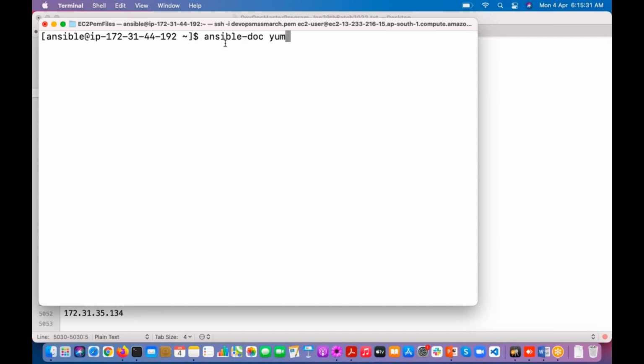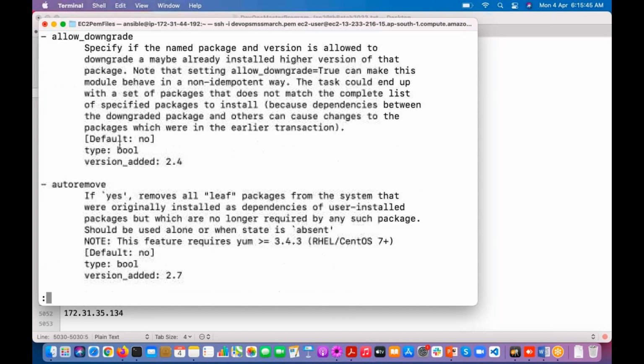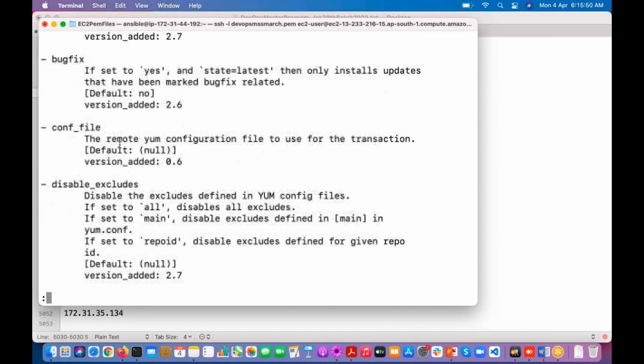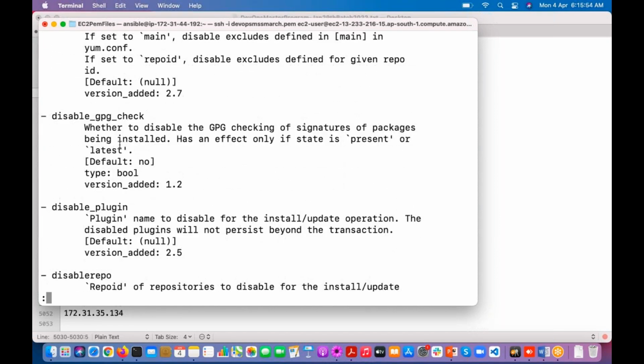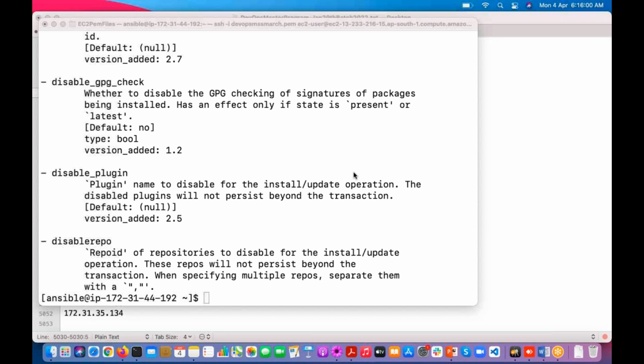So ansible-doc and specify the module name. Hit enter. See here, it is going to display what this module is going to do. So instead of executing these commands, do we have any website where we can find all the modules'